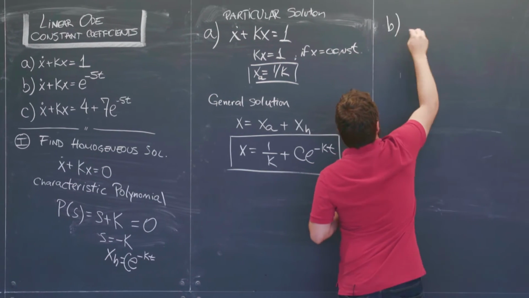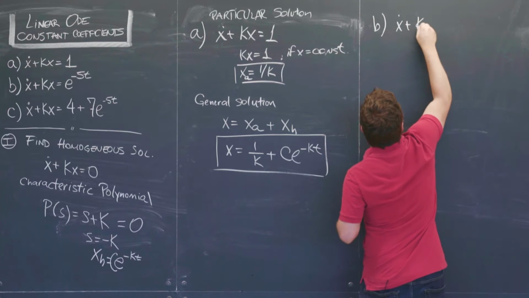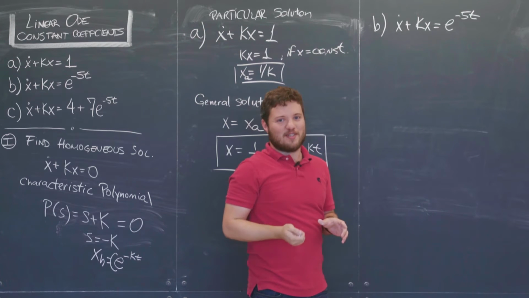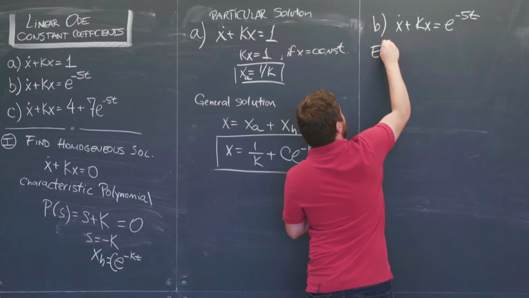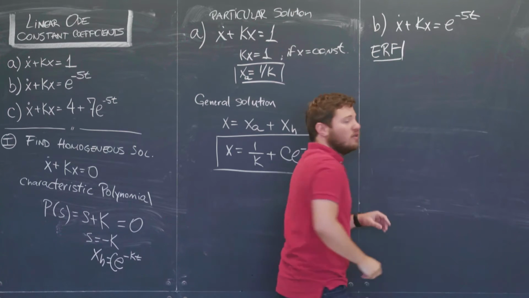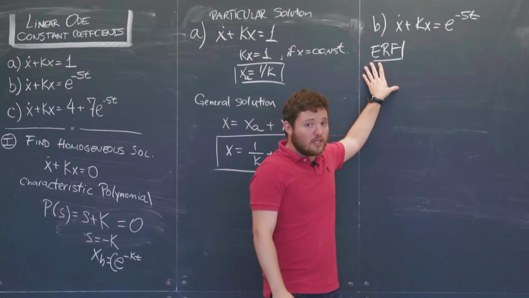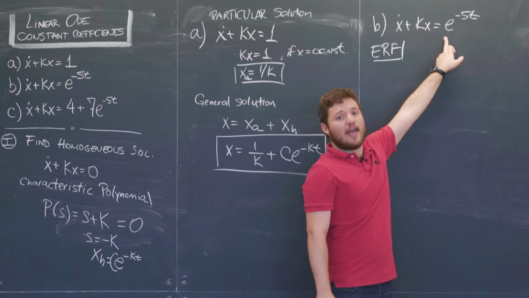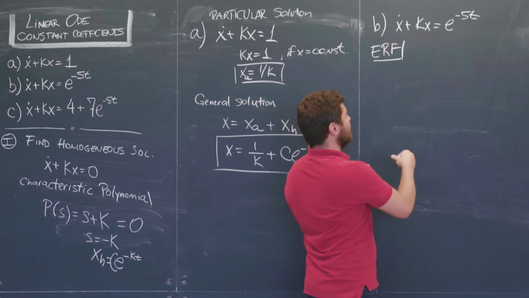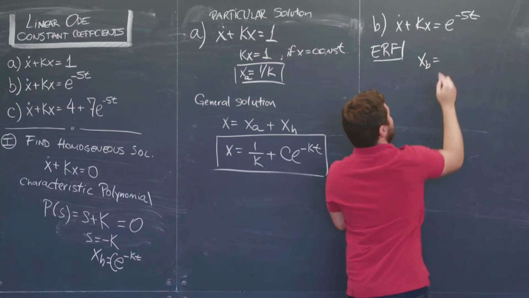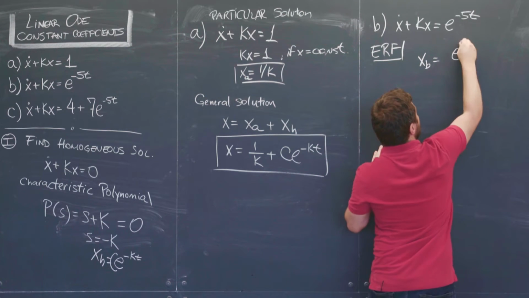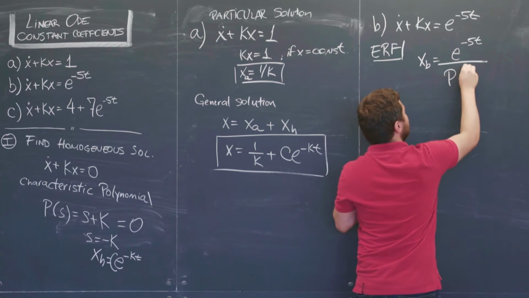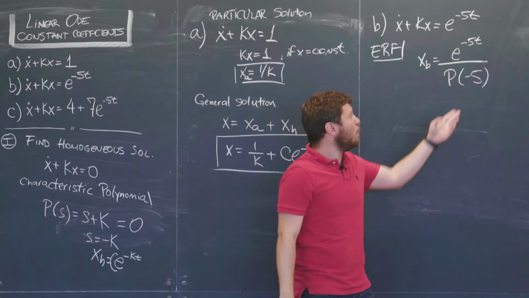Now for part B, we're looking at x dot plus kx is equal to e to the minus 5t. And now we'll use the systematic method. We're going to use the exponential response formula, or ERF. We can only use the ERF because the right-hand side, or the forcing of this equation, is exponential. In order to calculate the particular solution to this problem, we take the right-hand side, which is e to the minus 5t, and divide by the characteristic polynomial p evaluated at minus 5, which is the coefficient here